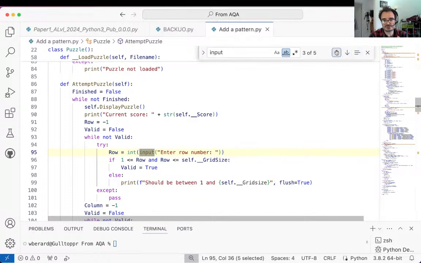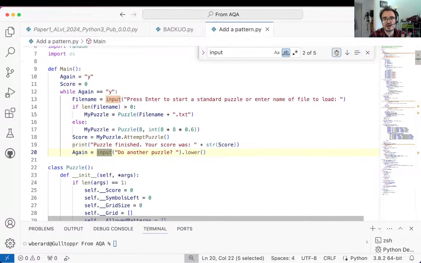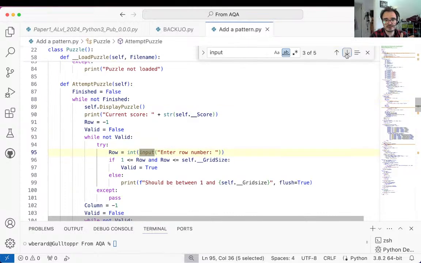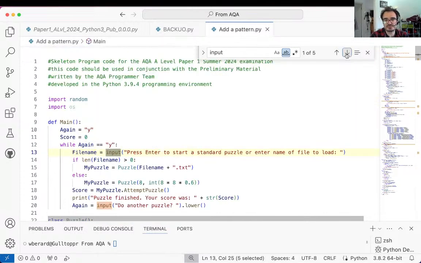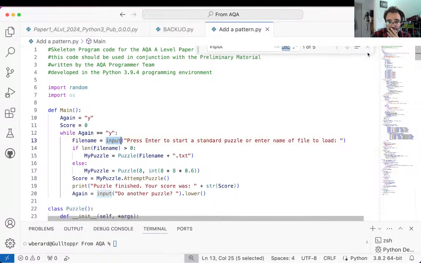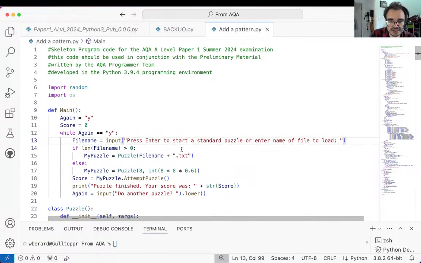Wait, where's number 2? Do another puzzle. That's a dot lower. Yes, no. Fair enough. Again, right? No worries there. And then the row in the column and the symbol. So the file name. This is good. It gets the name of the file and then adds the txt and then expects to find it, which means that in here,